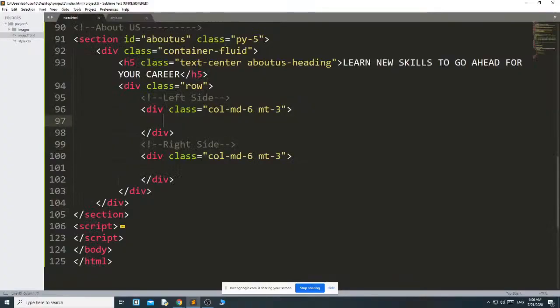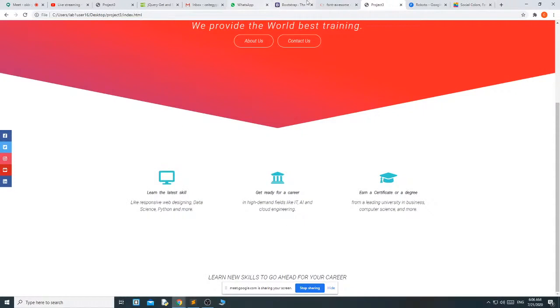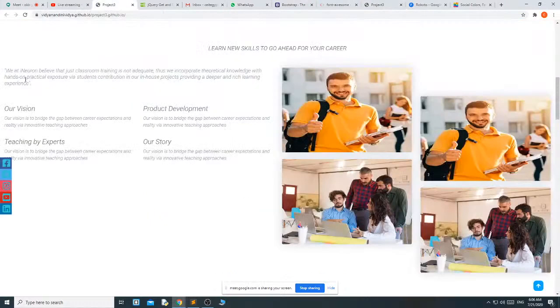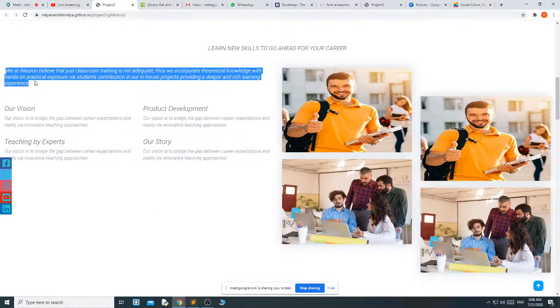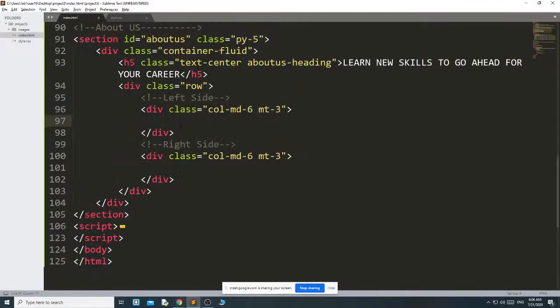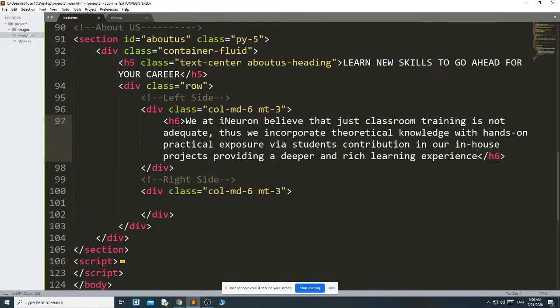In left side, first I am going to put the paragraph, that is, I am using this part. Okay, copy it, and here H6 you can write, and here you can change the margin to, actually I want to give the margin MD5, and for all other devices 0.